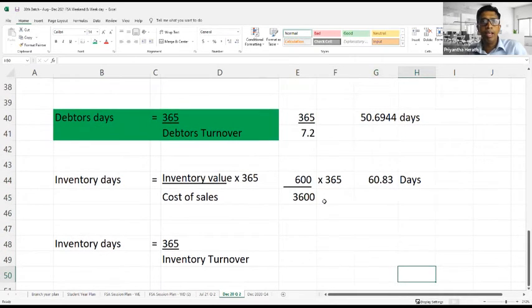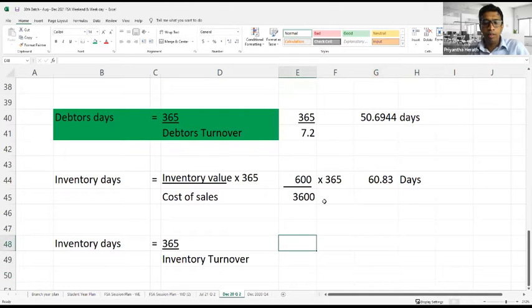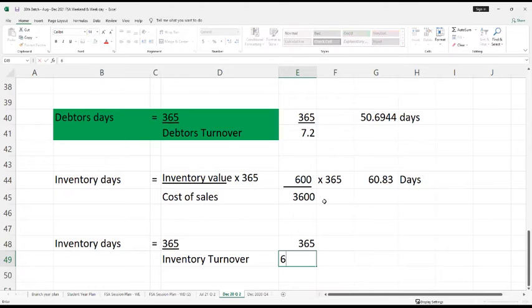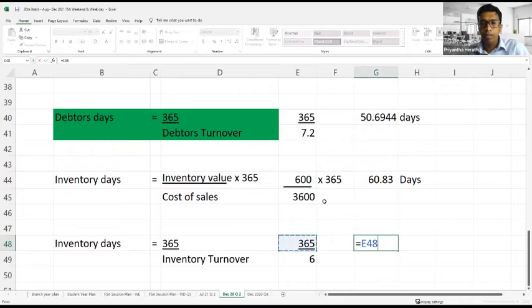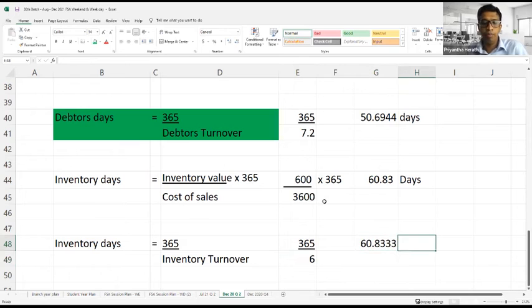Again, you can get the same answer from the second formula, 365 divided by the inventory turnover ratio, which is given in the question. Turnover ratio is 6. Again, the same answer. You can use one of the formulas. Creditors days are given in the question. So the ultimate objective is to estimate